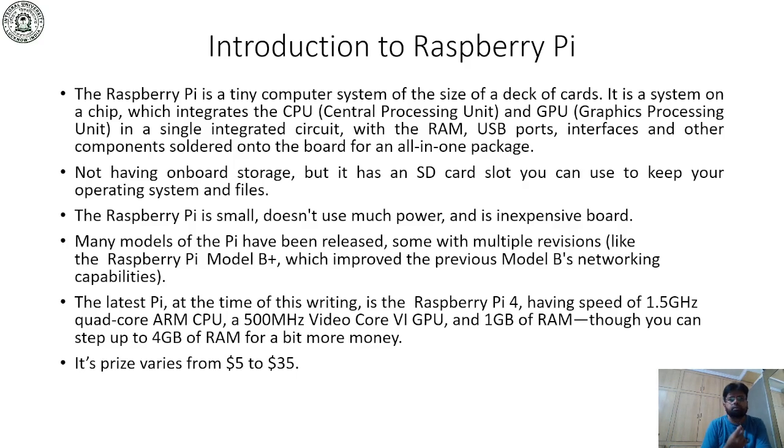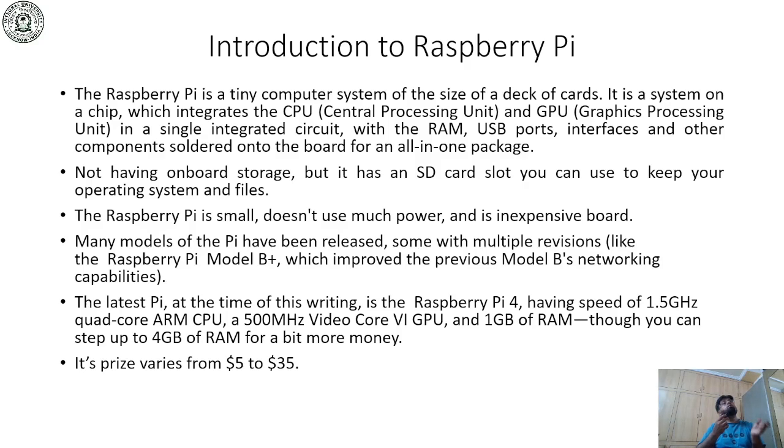Okay, let's go ahead. The second point here is that it does not have onboard storage, but it has an SD card slot, so you can use it to keep your operating systems and files. This Raspberry Pi has RAM, but it doesn't have any secondary storage, meaning a hard disk or any SSD. So you cannot store, and you have to use an SD card,